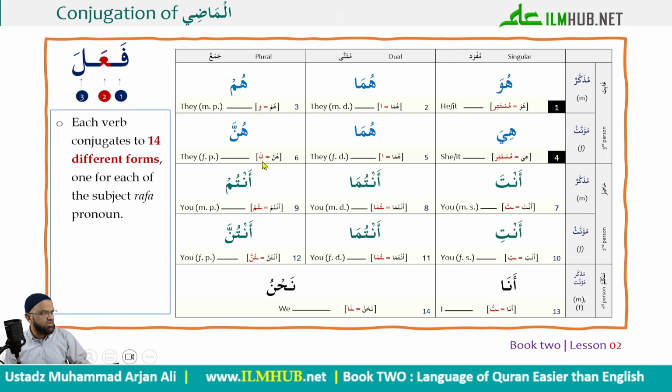And then nun with a fatha will represent hunna. And tum will represent antum. And these will be suffixes added to the verb. So we'll have 14 variations of the same verb. And this is a very, very important and major distinction between English and Arabic. Each form has a very technical name in Arabic. They have like al-ghaib, mutakallim, etc., and then you have the singular, dual, and plural version of it, etc.